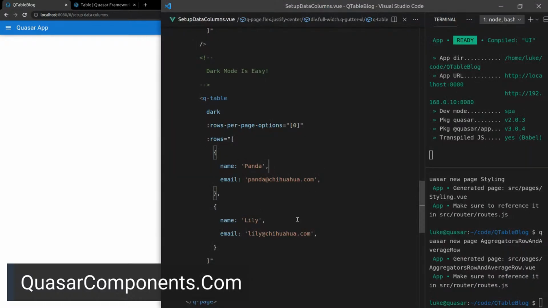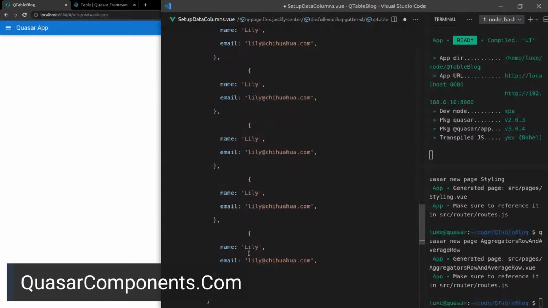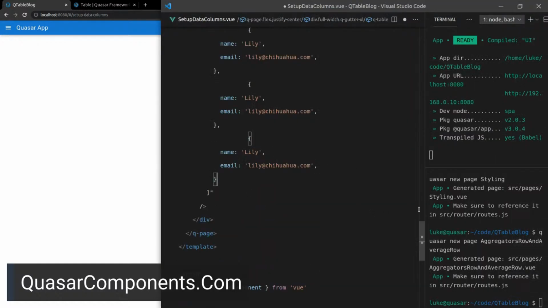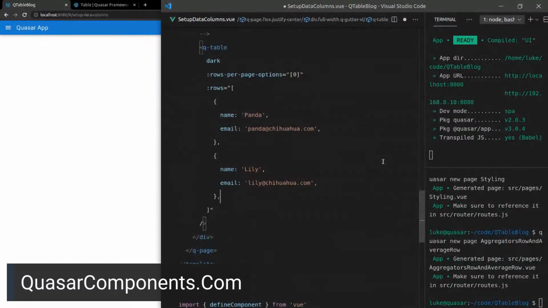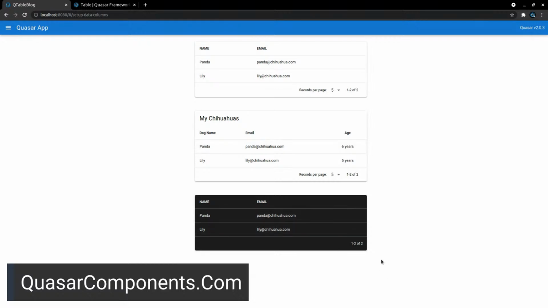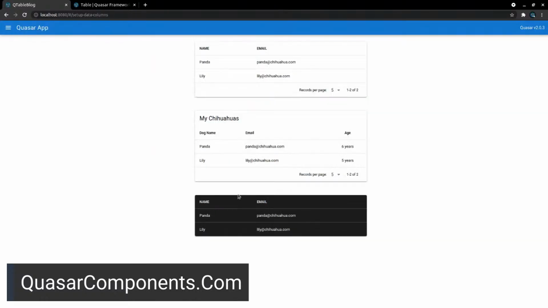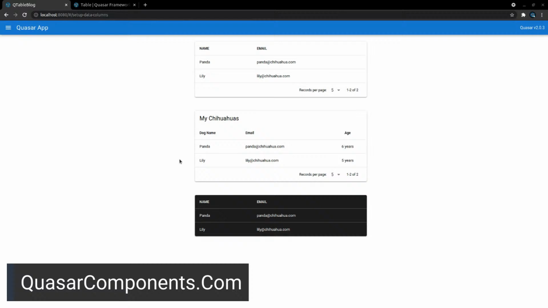Yeah, so then let's see what would happen if I had a bunch of examples. They're all going to show there. Okay, that's what I wanted. All right, so that's that example done, which is going to show when basically you just want to show everything, but then we can say hide dash bottom, and that's going to show them that you can just do a really basic table with no bottom, no title or anything like that. And yeah, I think that's about it.